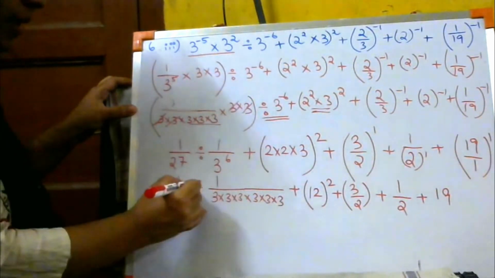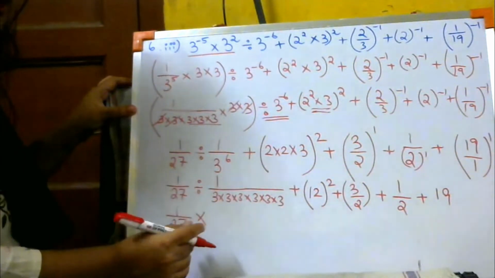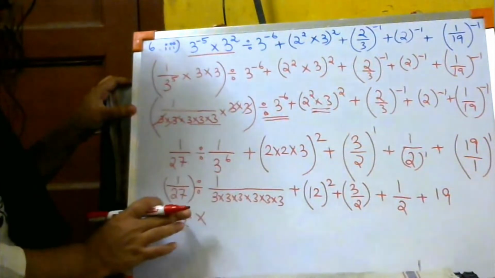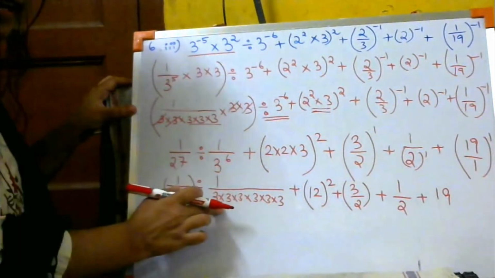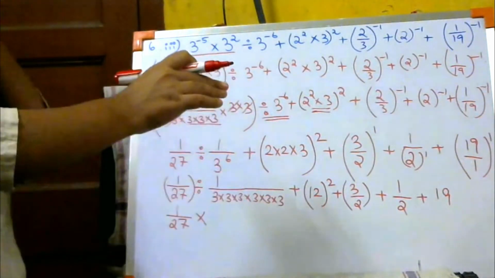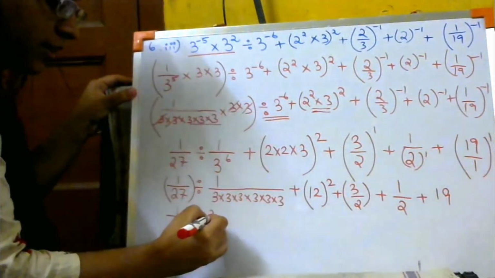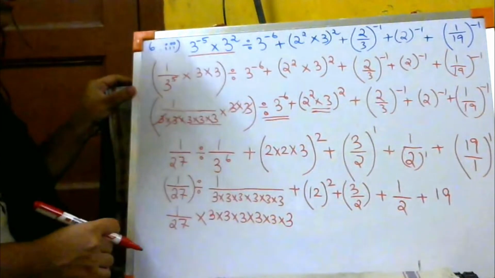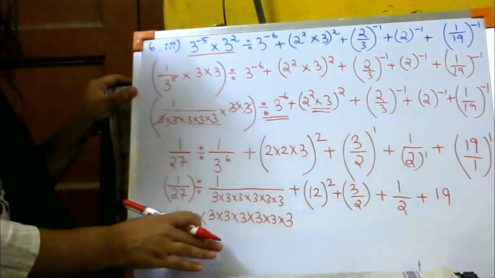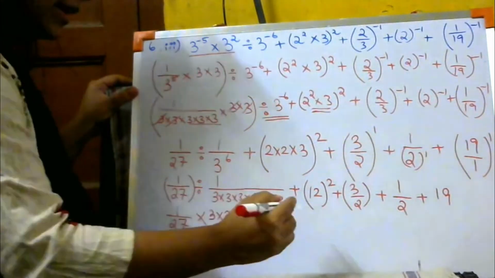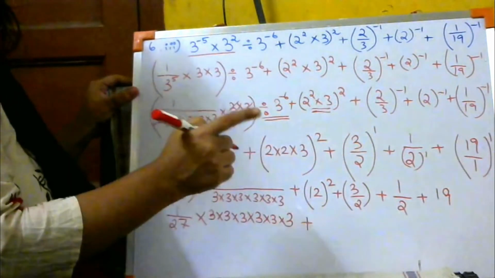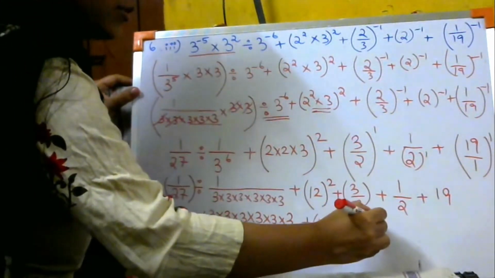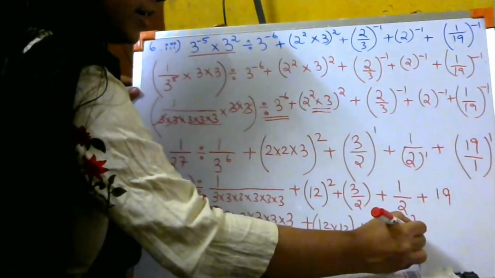1 by 27. डिवीजन को जब हम लोग मल्टीप्लिकेशन साइन में चेंज करते हैं क्या हो जाता है? नीचे वाला ऊपर चले जाता है. ठीक है? सेकंड क्वांटिटी का ये वाला नहीं, 1/27 नहीं चेंज होगा, वो जैसे रहेगा वैसे ही होगा, लेकिन यहाँ पे सेकेंड क्वांटिटी जो है वो उल्टा हो जाएगा, इनवर्स हो जाएगा। सो मतलब ये 3 सब ऊपर चला जाएगा, 3 इंटू 3 इंटू 3 इंटू 3 इंटू 3 इंटू 3, 6 बार 1 2 3 4 5 6 टाइम्स द 3 गोज अप, डिवाइडेड बाय 1 लिखने की जरूरत नहीं है, ठीक है। प्लस 12 स्क्वायर, 12 स्क्वायर मतलब कितना बार 12 है, 2 टाइम्स, सो इन द ब्रैकेट 12 इंटू 12 प्लस ये लोग जैसे वैसे ही रहने दो, 3/2 प्लस 1/2 प्लस 19.